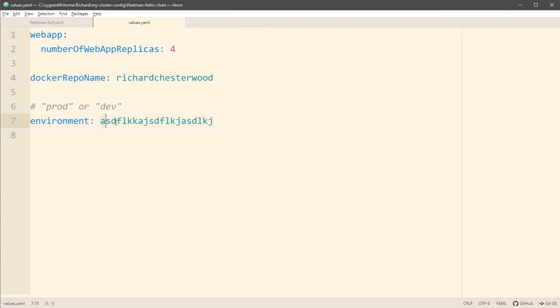You might be aware in YAML there is the concept of a Boolean. This is evaluating to a string, and technically we really should have quotation marks around it. But if in YAML we use just a single word like we're doing here, then it infers that this is a string. We don't have to use a string. We could use a Boolean here. Instead of calling it environment, we could have gone for, let's get rid of that comment. It would have been much more readable, I think, if we just called this field development, and we can set that to true or false.